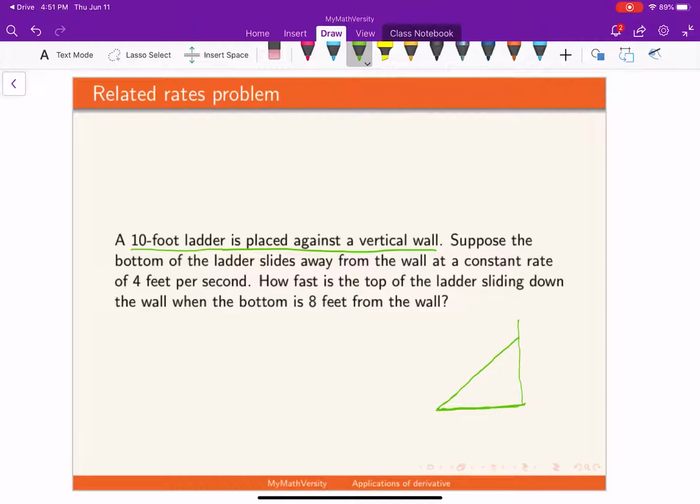Let me color the ladder blue. So let's assume this is our ladder. All right, and what is the question? Oh, the length is 10 feet, so maybe we can also write down that information over here. Suppose